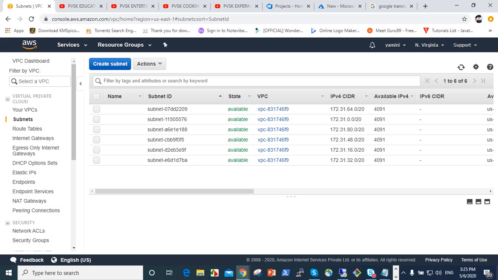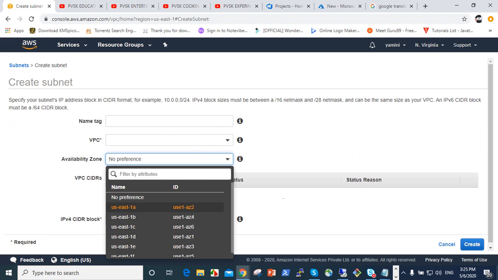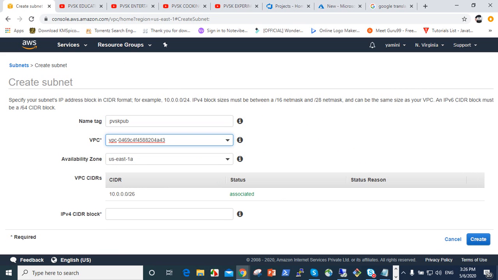This acts as a firewall. So you should create new subnets with custom subnet names. For every availability zone, we know about availability zones, you should have at least one public and one private subnet. So that is called PVSK pub. Then select the custom VPC, we know our VPC name, and here the CIDR block 0.0.0.28 is given, which means 16 addresses, for every 15 IP addresses coming.